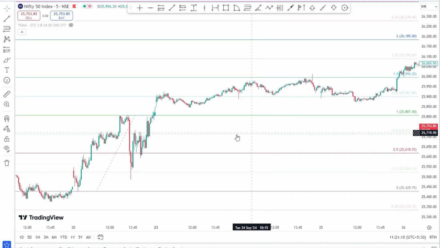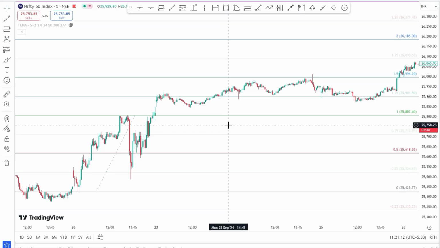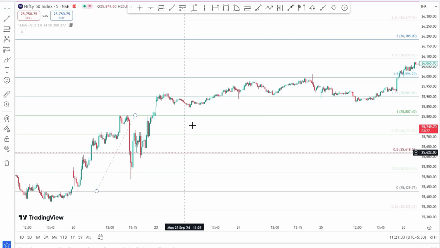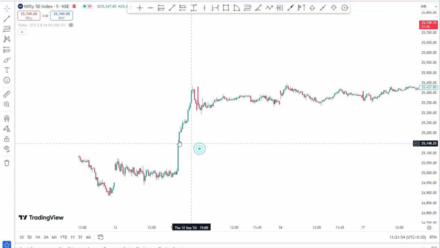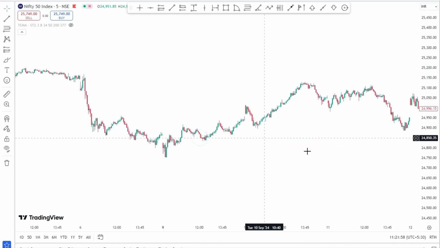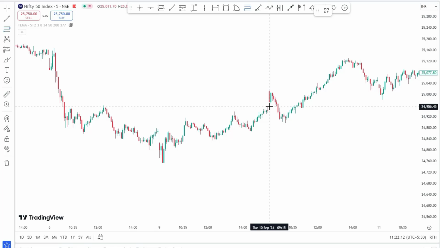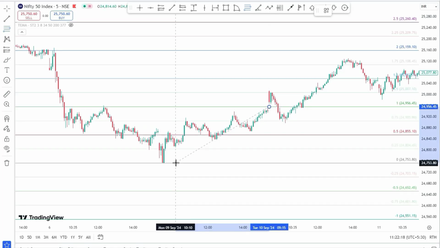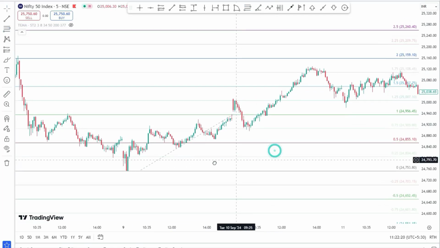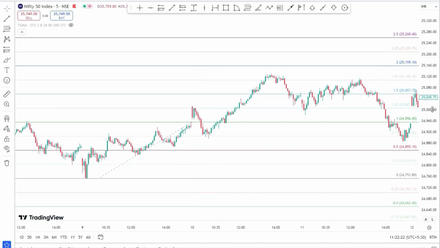This is the only tool you will ever need. So actually prices move based on the vibrations of the numbers. This is the natural percentage on which the price moves from high to low. So we will take some more examples. Here the high is the close of the day and the low is this level. So for the next day